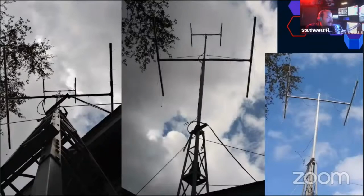I don't know what it is. 2 meter can rust up and it'll still work. 440 is just unforgiving. So if the 2 meter works but the 440 doesn't, you're probably starting to have oxidation problems with your antenna, and you'll find that the 440 goes out before the 2 meter does with that kind of stuff. But anyway, there's my rig, and that's on my rotor up there, and I spin that